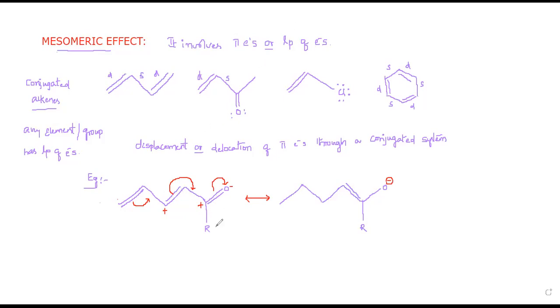It is 1. It is 2. It is 3. Okay, it is 4. It is 5, and it is 6. Right? The double bond as it is shifts. Previously, the double bond is in between 3 and 4. Now it is in between 2 and 3.